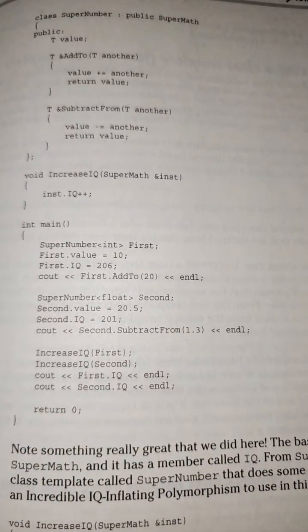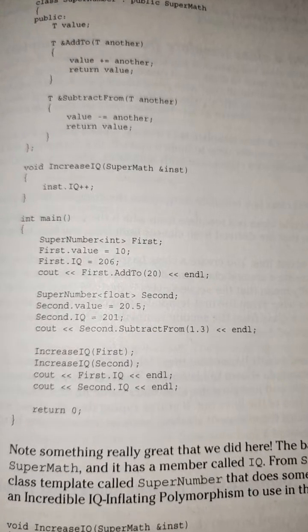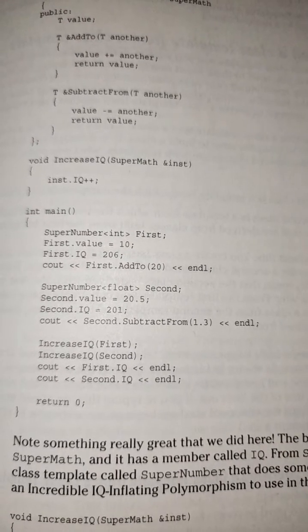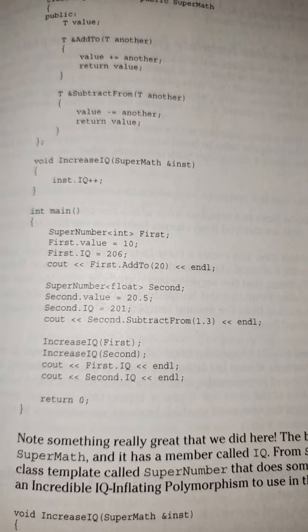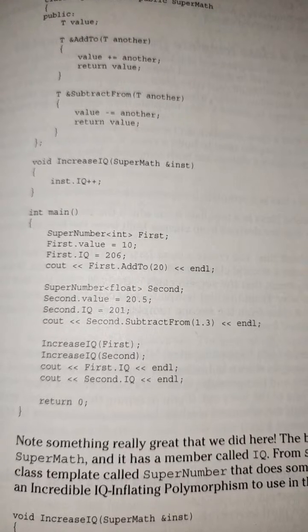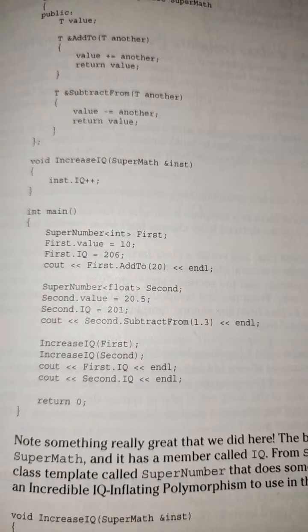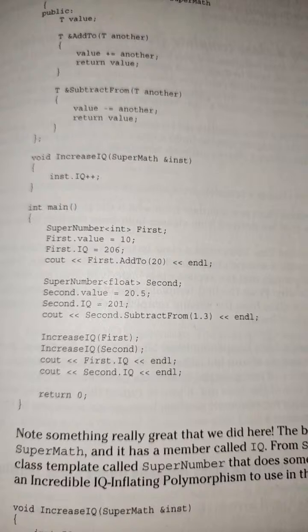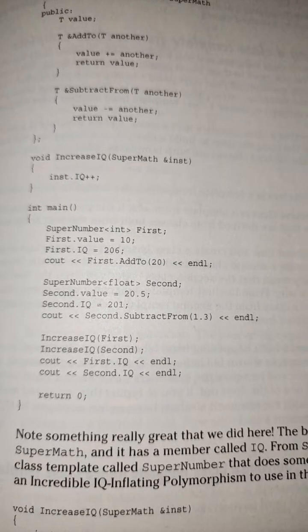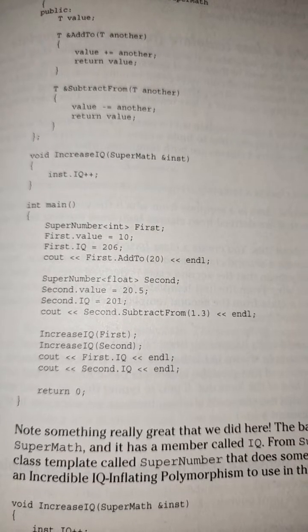void increaseIQ(SuperMath& inst) { inst.IQ++; } int main() { SuperNumber<int> first; first.value = 10; first.IQ = 206; cout << first.add_to(20); SuperNumber<float> second; second.value = 20.5; second.IQ = 201; cout << second.subtract_from(1.3); increaseIQ(first); increaseIQ(second); cout << first.IQ; cout << second.IQ; return 0;